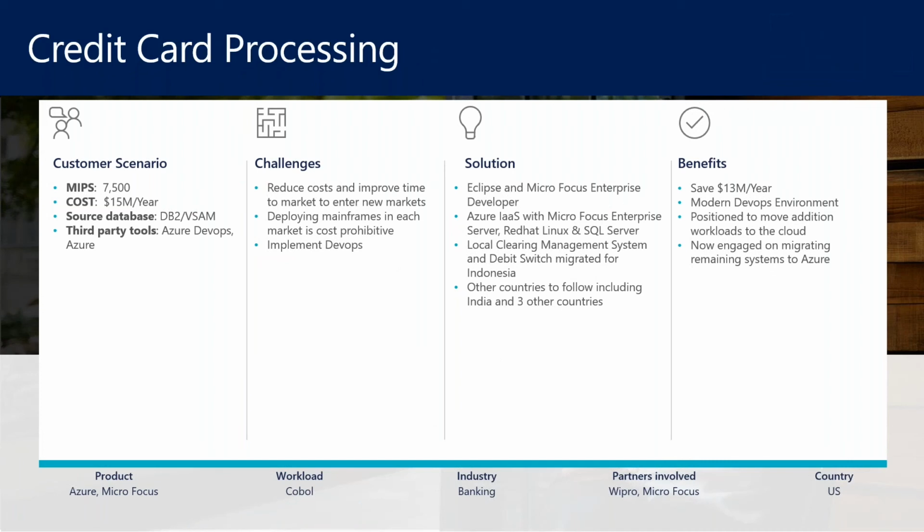Yeah, again, a very mission-critical credit card processing organization wanted to expand to other countries and offer credit card processing services. They didn't want to have to deploy a mainframe in each of those countries to support it, so instead they rehosted their core processing systems using Micro Focus and Wipro. This way they could offer these services to other countries and expand their business. Very successful in supporting their business needs. The next slide.